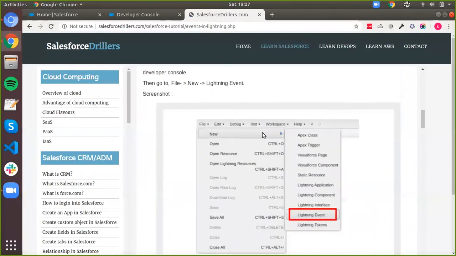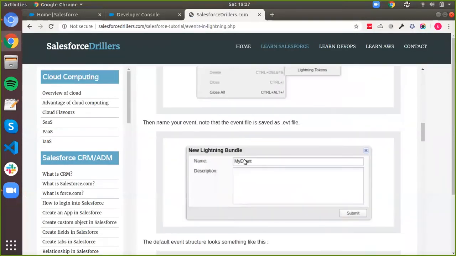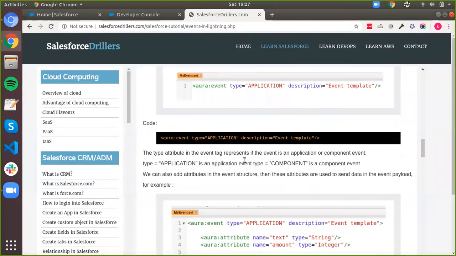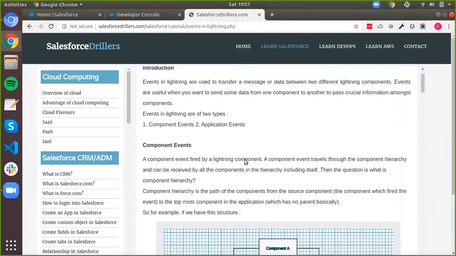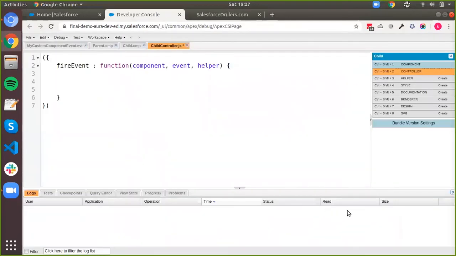All right, so this is really easy. The only thing you guys need to keep in mind is this just works as any JavaScript that you have used in Aura components before. And again, all of these steps are laid out on our website for both application and component events. So you can go there and check out the code. It should help you guys out with the syntax and stuff if you have any issues even after the tutorial. So now let us begin writing the code to fire our component event.